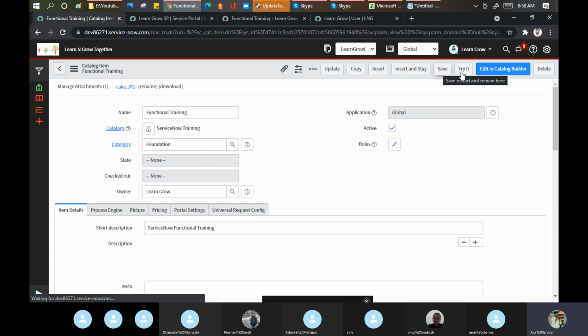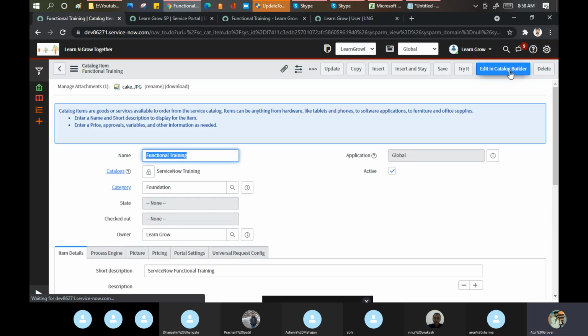Did you guys notice one thing? Something new is coming. Catalog Builder. We will discuss this maybe in the Friday class. This is another way to create the same catalog item. As I told you in the beginning, ServiceNow is going from code to a no-code or low-code mechanism.